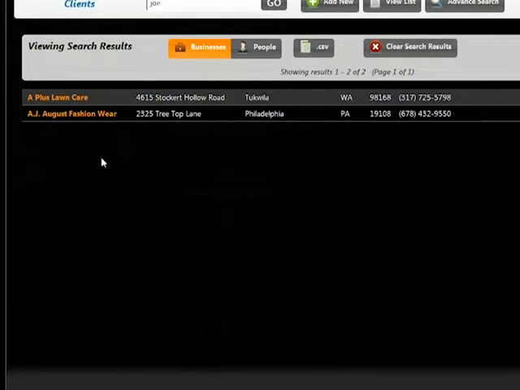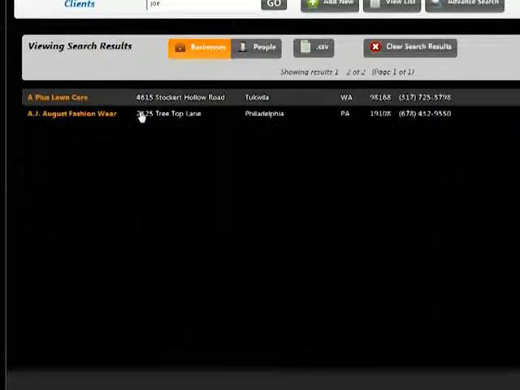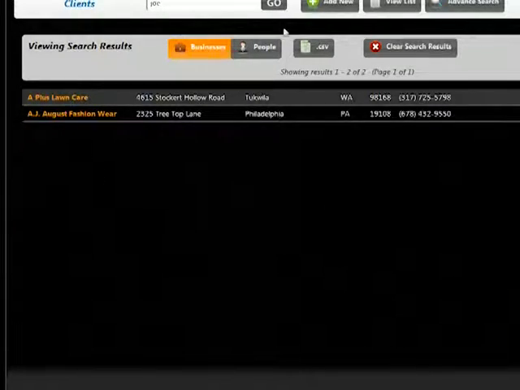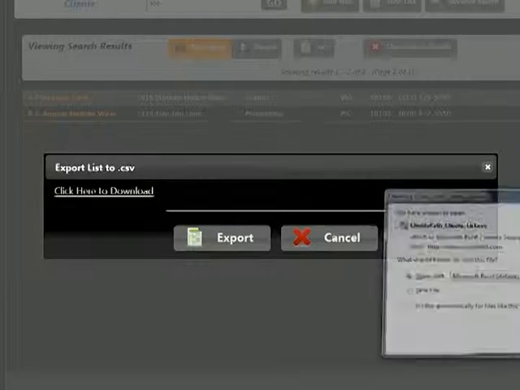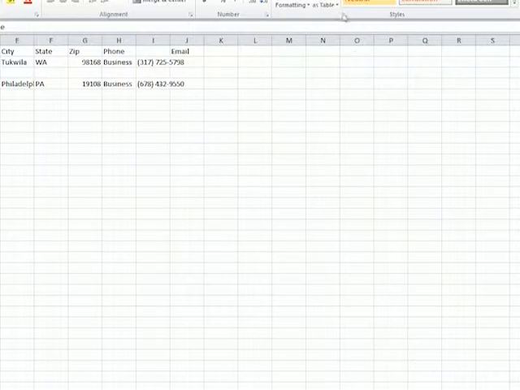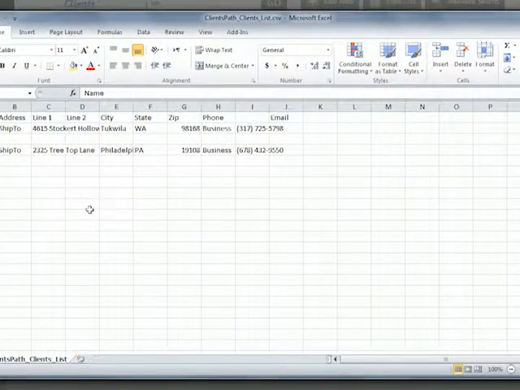So if we have a special offer or we're offering something that is only for tax exempt people, we want to mail it out, or a specific form, or even keeping track of whether or not they have submitted their tax exempt forms with us, we can generate the sublist and hit CSV and export, and that would allow us right away to create a file that has our information and is ready to go within our mail merge applications or within any other application that we want that information to go to.